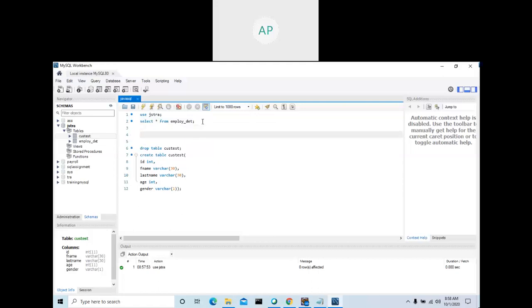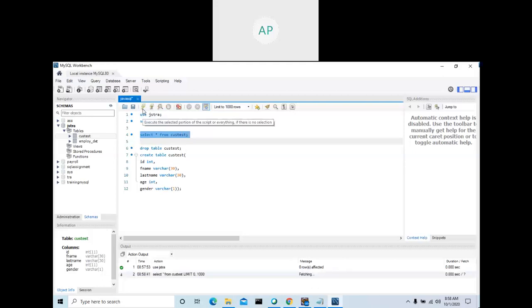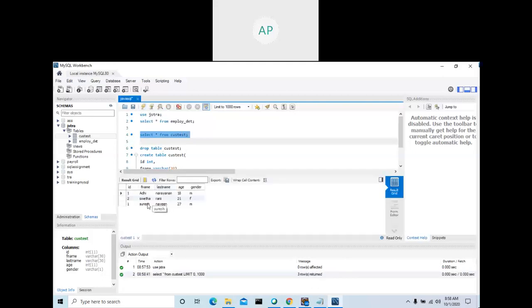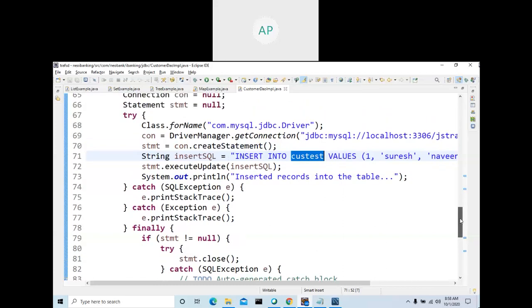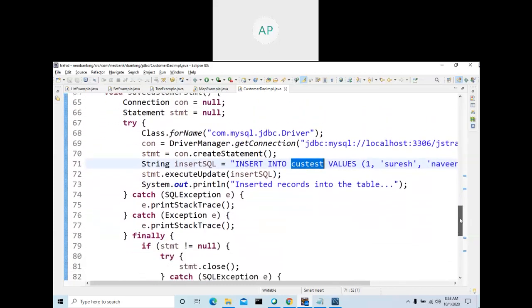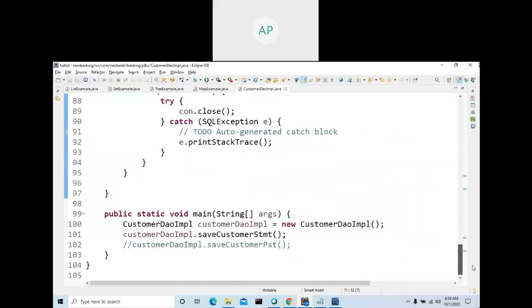Okay, now select star from what is the table name? Which table did we insert into here? See here, insert into test test. This is the table name, right? So here we have a table, test test. So how will you retrieve the record? Select star from test test. If I run this query, see here, this is the one I stored now, and we got this one.